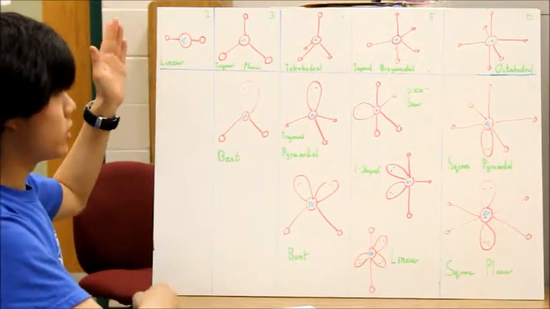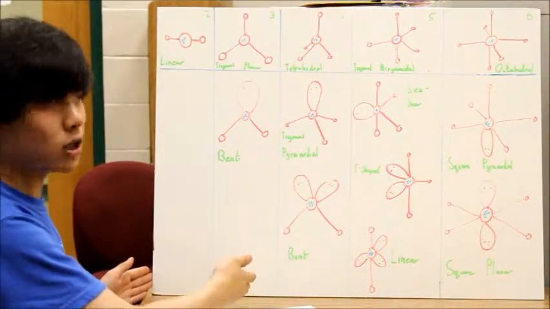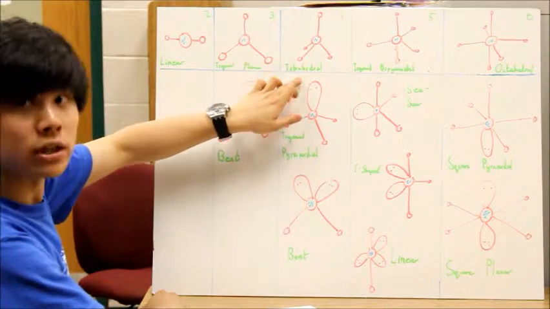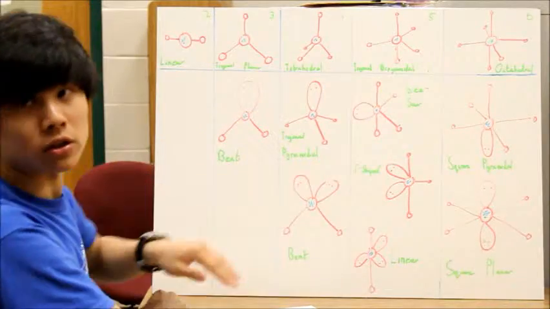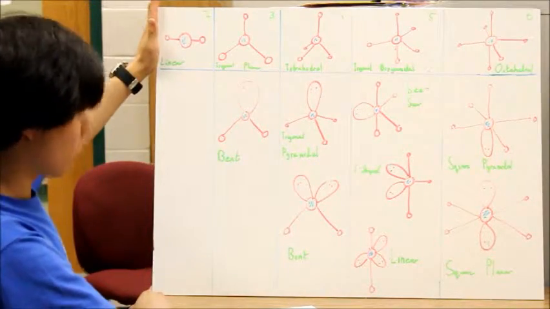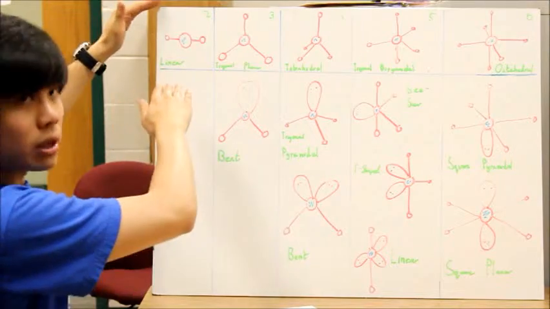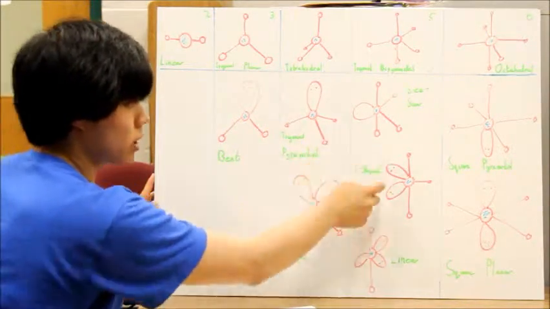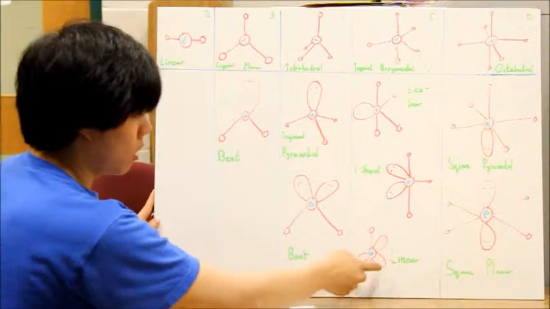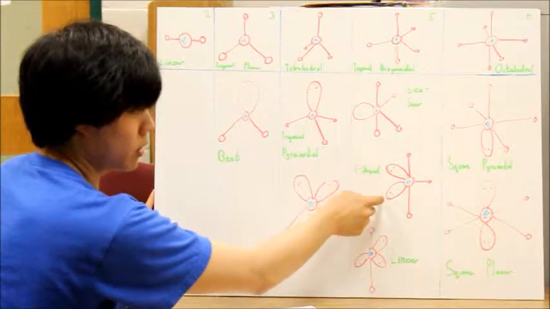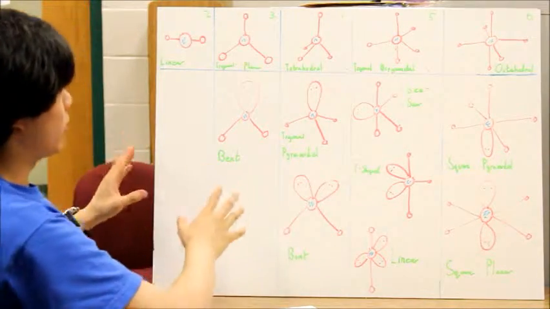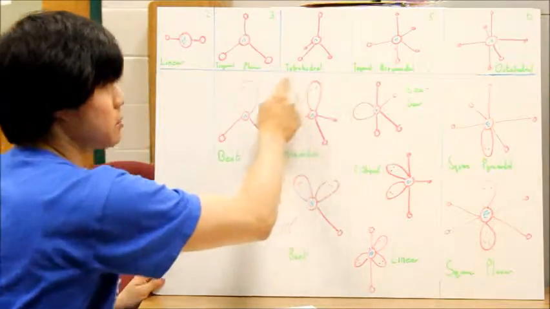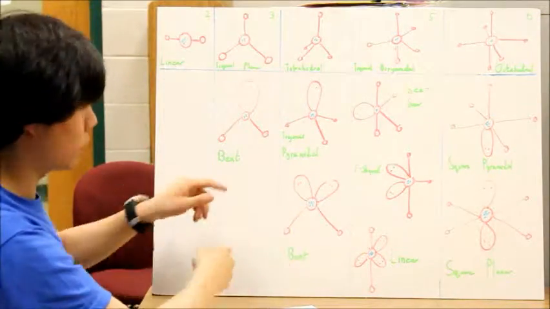So as you can see here, these are the different names of lone pair electron structures. Now up here, you have what we saw before, the linear, trigonal planar, tetrahedral, trigonal bipyramidal, and octahedral structures. These are called molecular geometries. Molecular geometries disregard lone pair electrons. So each of these individual structures, which I'll talk about later, are with regards to lone pair electrons, therefore showing the little bumps in them. However, molecular geometries for each of these are the same, because molecular geometries do not take into account lone pair